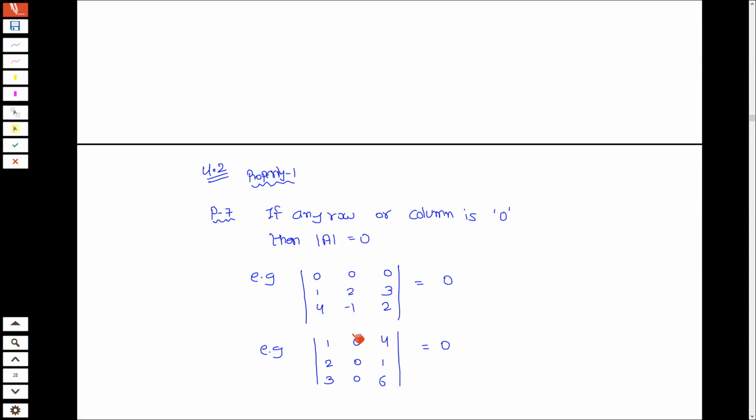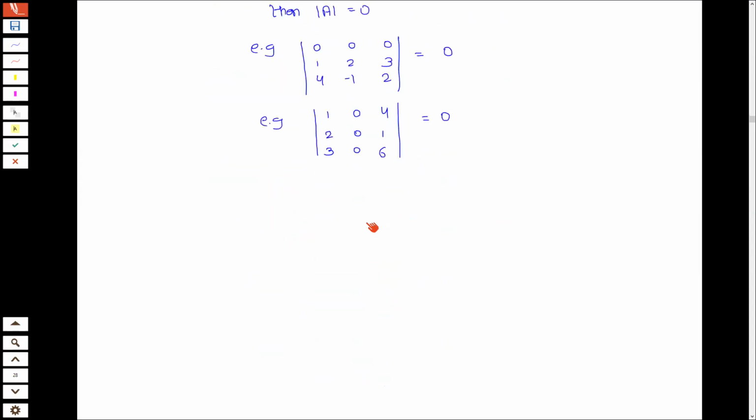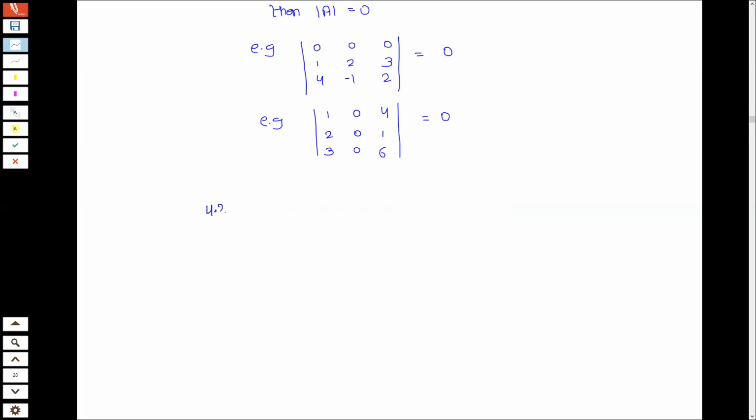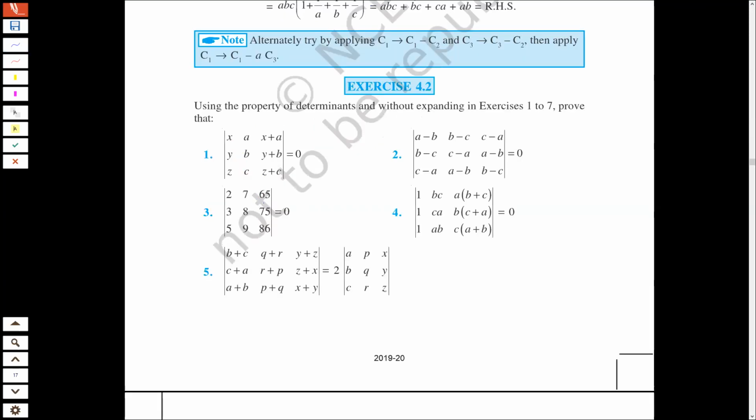If any row or any column is 0, obviously the expansion will give you 0. So with this background, we have exercise 4.2. It says that using the properties and without expanding, prove that something. Here in 4.2, question number 1, I have the determinant